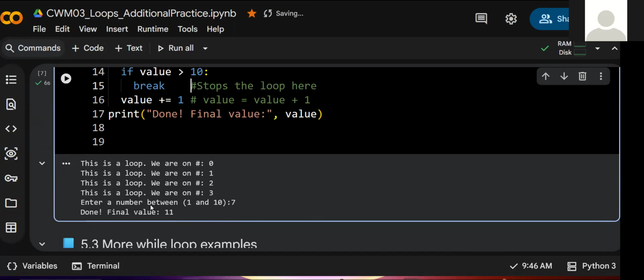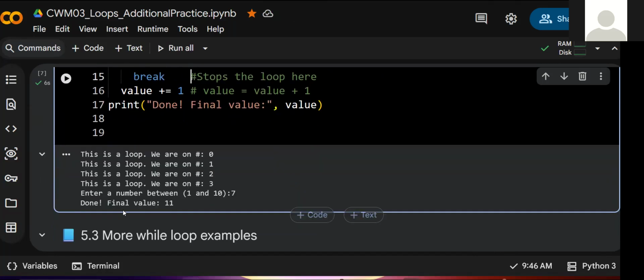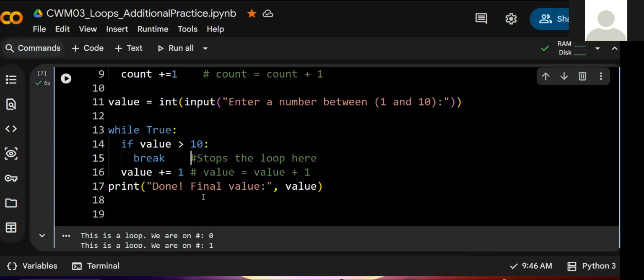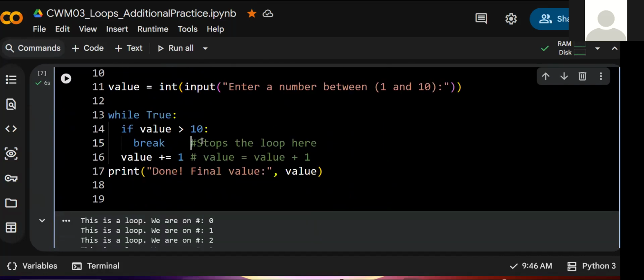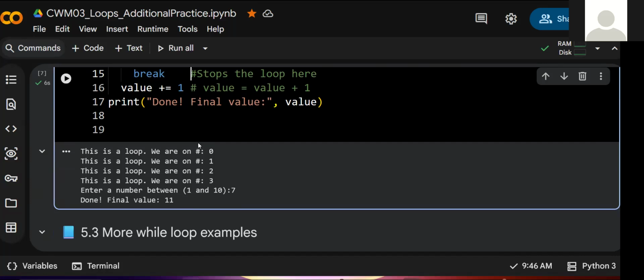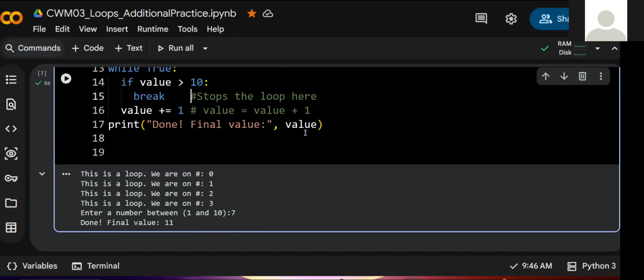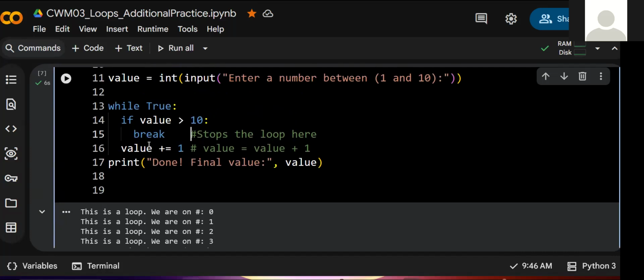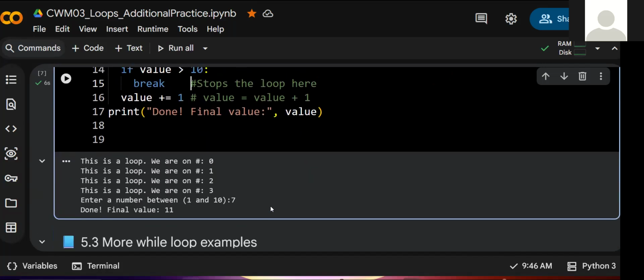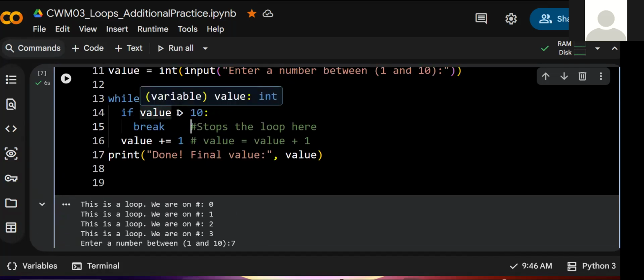So we see we enter into that loop. We enter a number between 1 and 10. And then we increase it several times until we get the value 10. And then the final value here would be 11 because, again, this still increases, and I'll show you what that means in a second. So we typed in 7, and then what will happen here is if 7 is greater